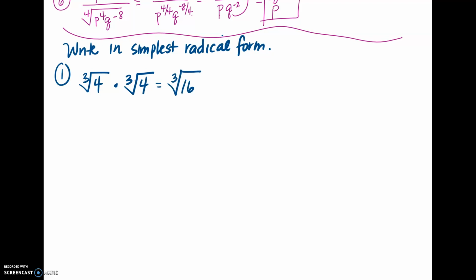So you end up with the cube root of 16, and we know that 16 has a perfect cube, it's 8. And the cube root of 8 equals 2, so you're left with 2 cube root of 2. So that's very similar to what we were doing when we were simplifying radicals. Okay, let's look at some that are a little bit different,